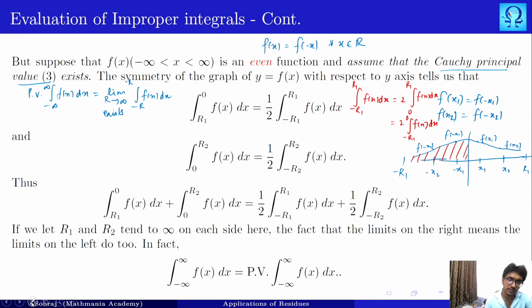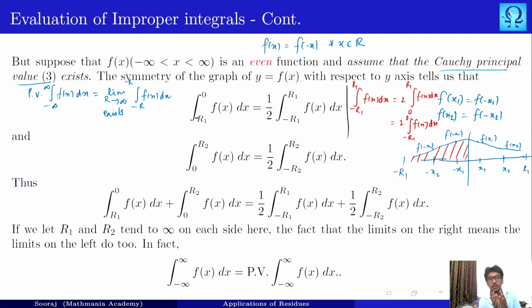Because of that, we are writing the quantity that we have here. Actually this is minus r1, that was a typographical error. So the integral from minus r1 to 0 of f of x dx can be put as, when you take this 2 to the other side, you can deduce this. In a similar way we are doing it for r2.